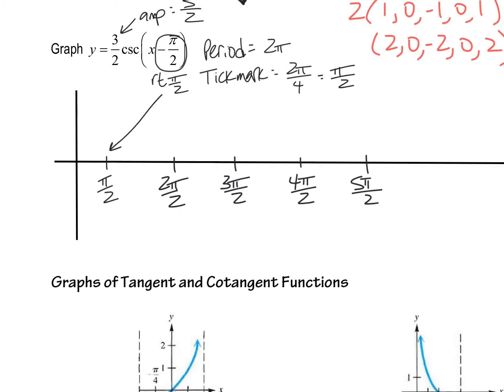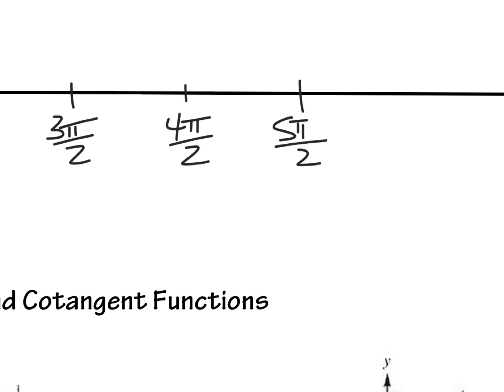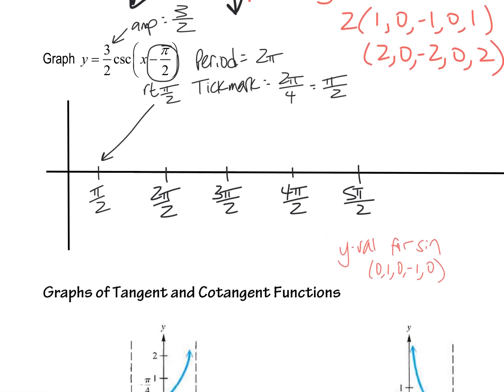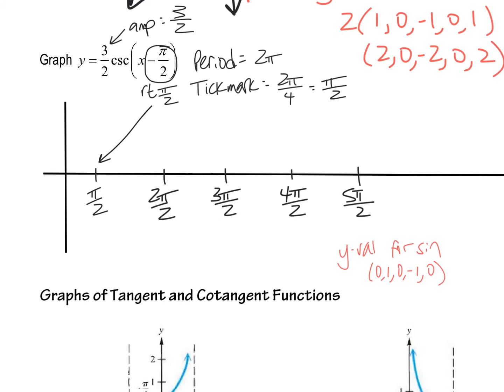So where do I put my dots? I'm looking at cosecant here, which goes with sine. And so in that case, the y values for sine are 0, 1, 0, -1, 0. Those are the 5 quadrantal angles from the unit circle for sine. And again, I'm using sine